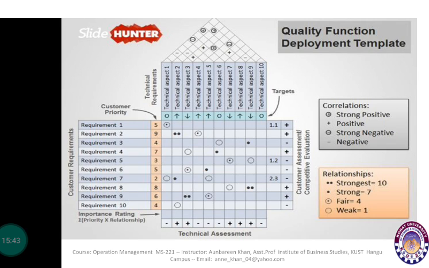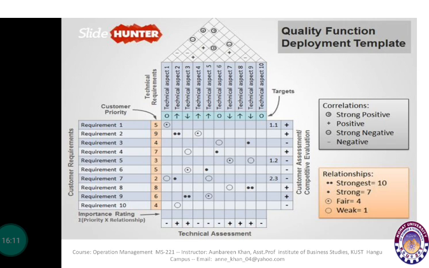So, the circle with the dot inside indicates the strongest positive relationship, that is, it denotes the most important technical requirement for satisfying the customer requirement. Now look at the importance to the customer number shown next to each customer requirement. The most important is 3. So the designer will take into account the importance value and strength of the correlation in determining where to focus